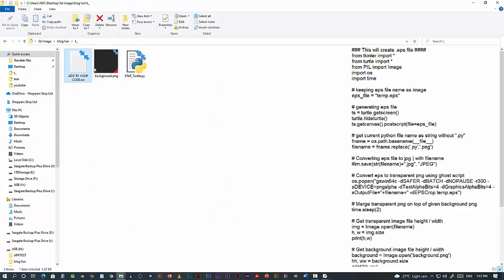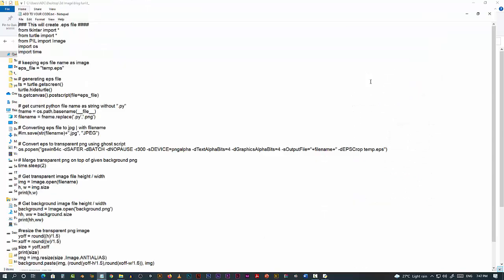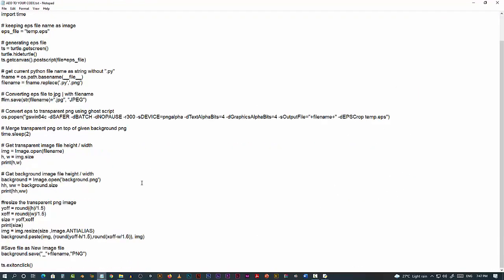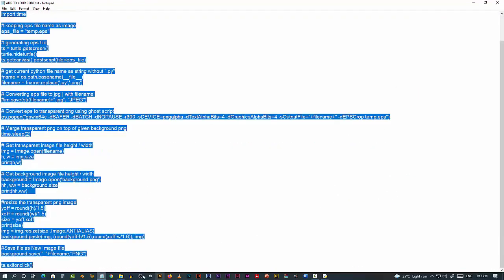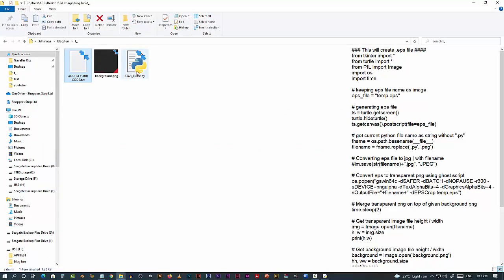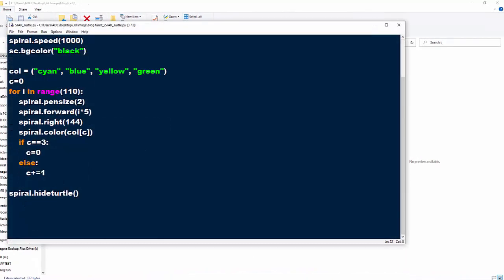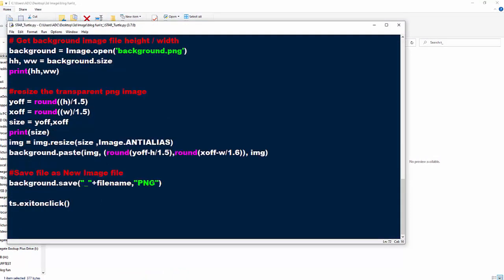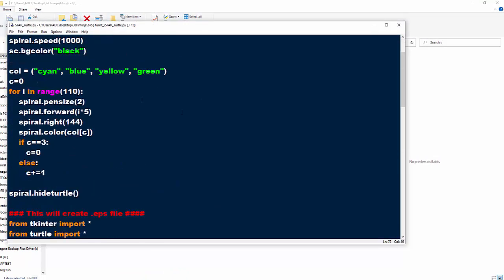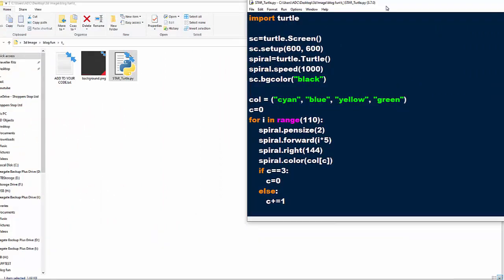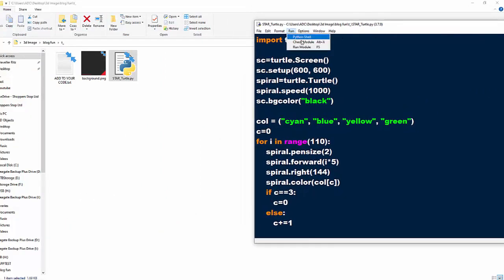And all we have to do is open this and copy this entire code into your Turtle program. Just paste it, save it, that's it. Now we are going to run this.